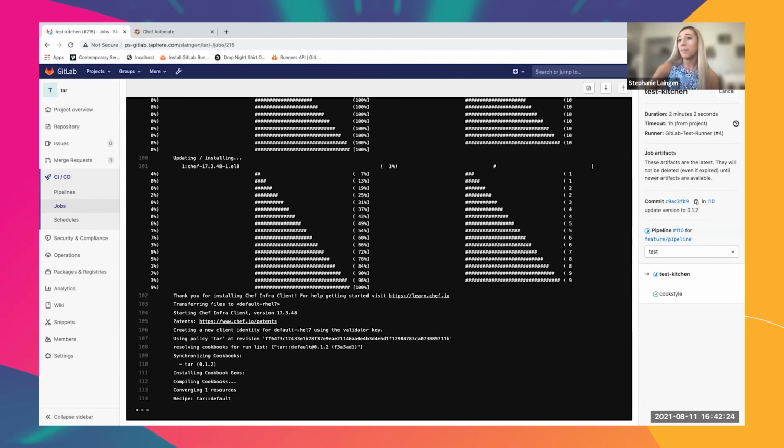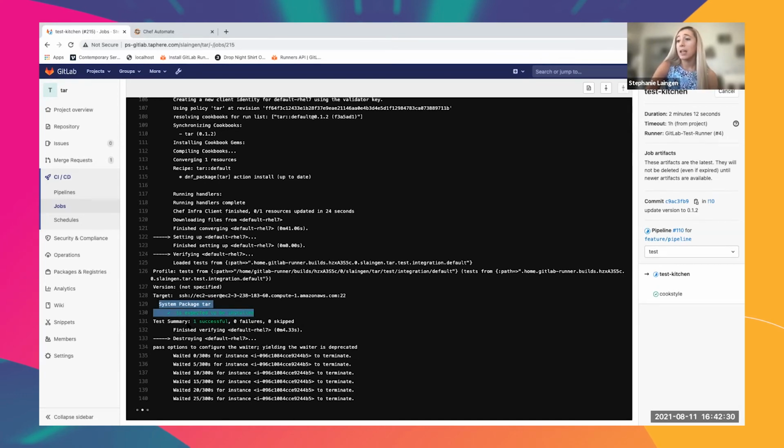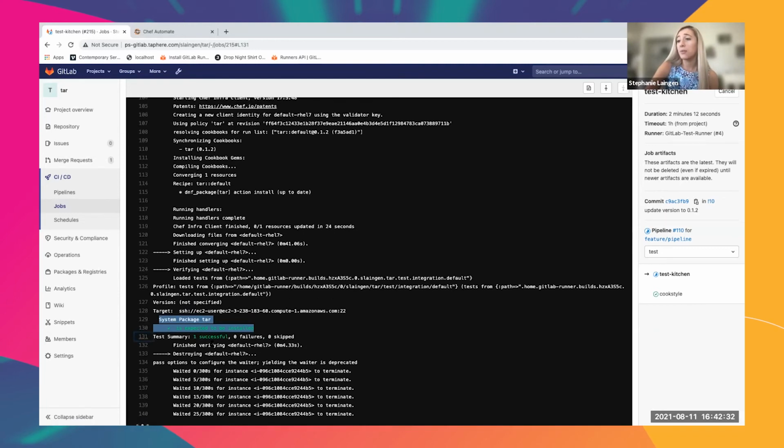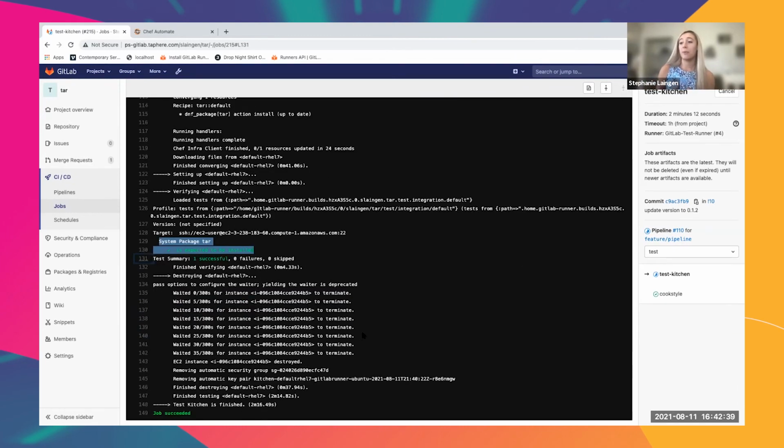And so we can see that basically it expected tar to be installed, and it had 1 successful test, 0 failures, and 0 skipped. And this is exactly what we want to see. And now it's going to terminate the instance for us. But overall, this job succeeded, which means our code change was good.